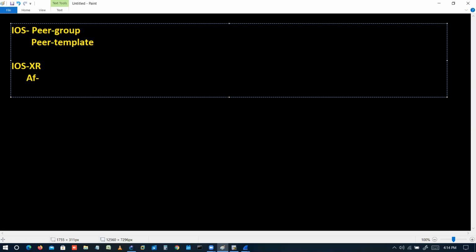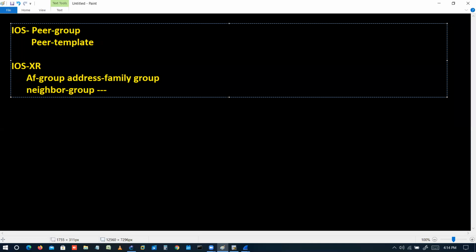One is AF group, your address family group. Whatever commands we run in the address family, we can now use an AF group to run those commands. Whatever commands we run with the neighbor, we can bind into this neighbor group. That's it.